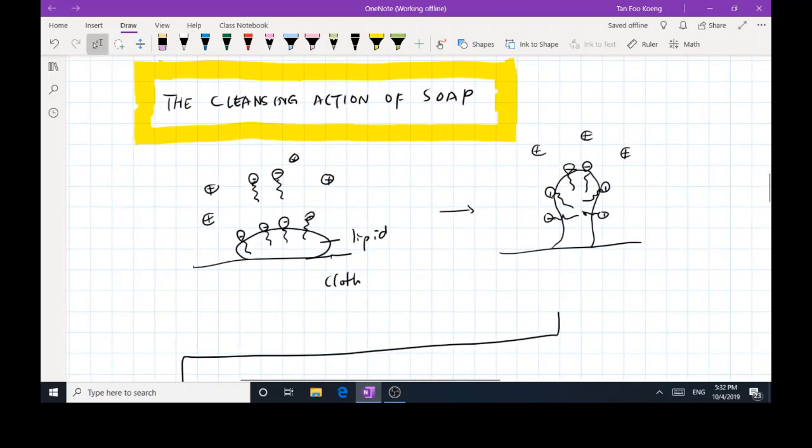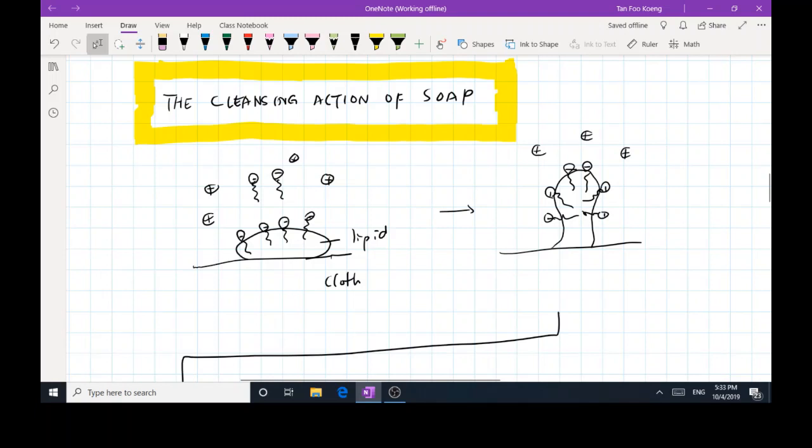Now, recall the soap. The soap has a positive part, or the cation, known as the Na plus or the K plus, and then this is a COO minus head, and this would be the long chain fatty acids. During the cleansing action, the hydrophobic tail dissolves in lipid, while the head here, which is hydrophilic, will be exposed to water. So upon agitation, which means water is moving,